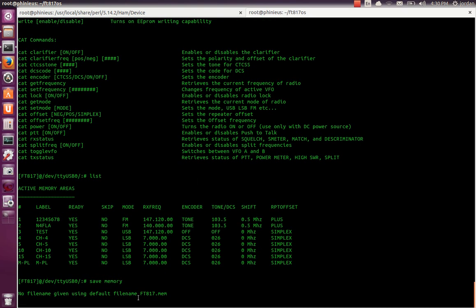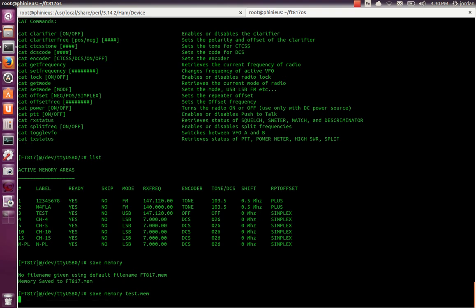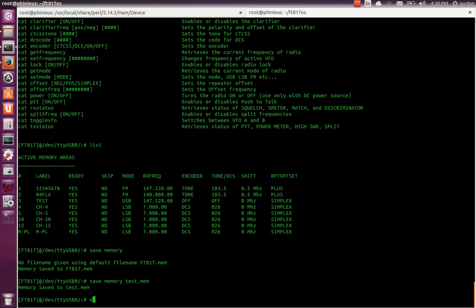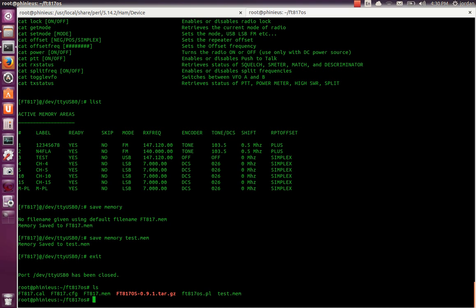No file name is given. Use the default file FT817MEM. I could also create one, save memory test.mem. And this will create the same exact file called test.mem. If I exit out and take a look, I have two new files, FT817MEM and test.mem. They are identical. I'll show